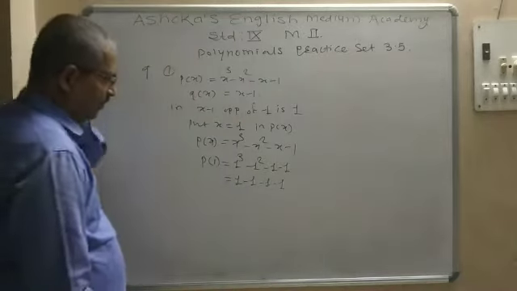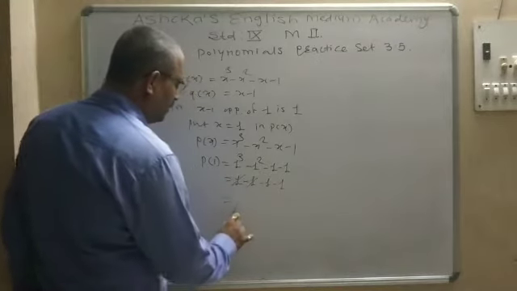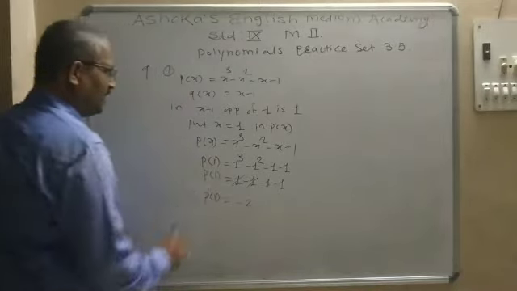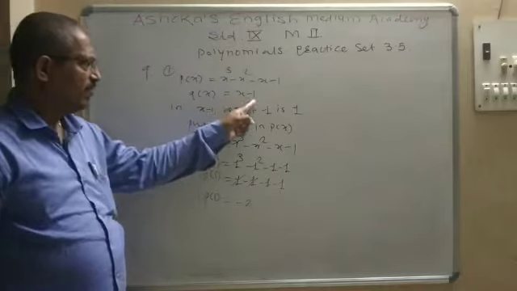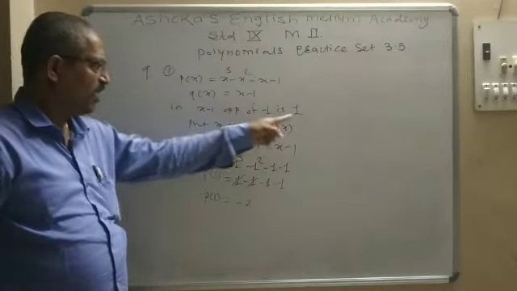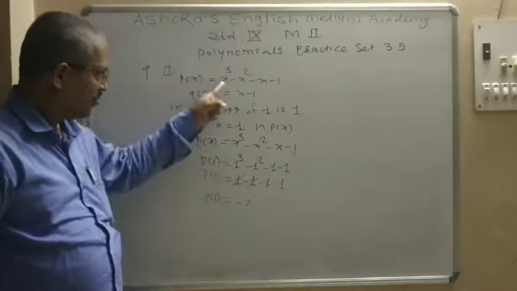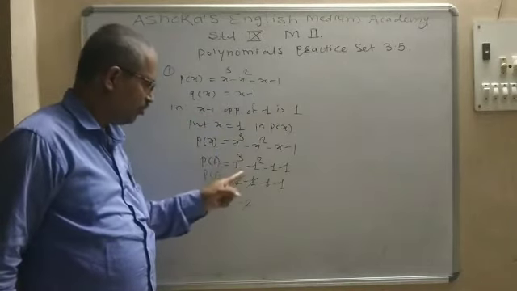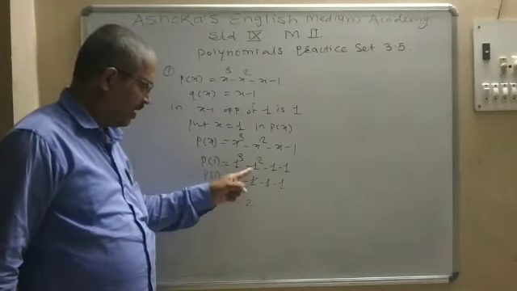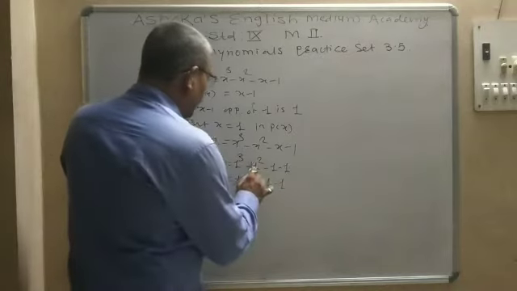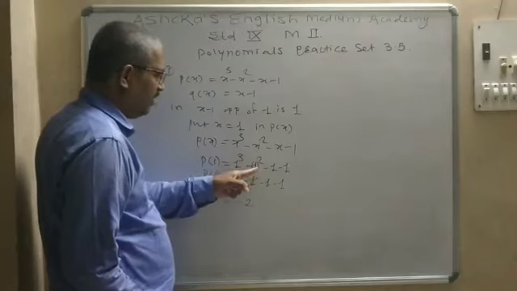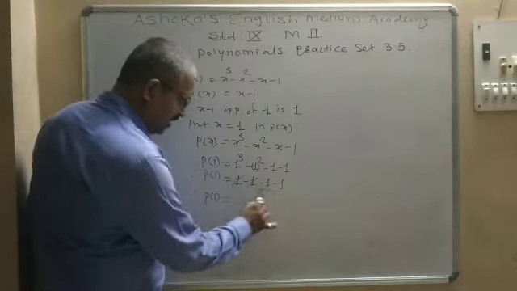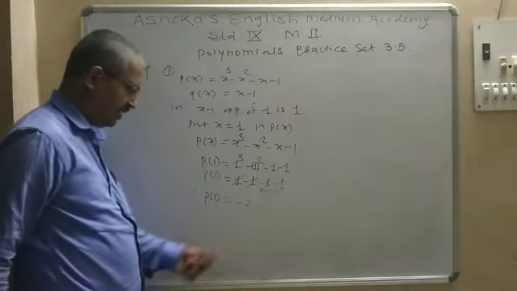Now what will happen? The positive and negative cancel, minus 2 will come. Let's check one more time: x minus 1 is q(x), the opposite of minus 1 is 1. Whether I have written correctly or not, check: x cube minus x square minus x minus 1 is given. So wherever x is given, we should put 1. 1 cube means positive 1 will come. Minus 1 square, here it is kept like this. Then 1 square is 1, positive and negative, it is negative. This minus 1 as it is. The negative and positive cancelled. The sum of two negative numbers is minus 2.